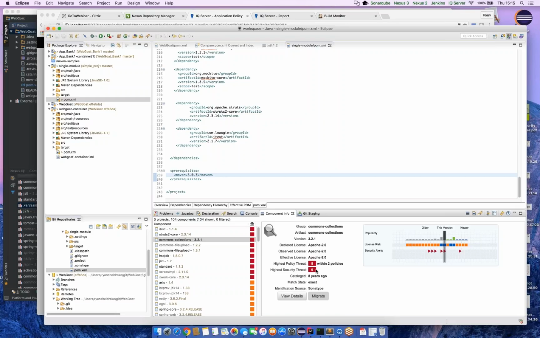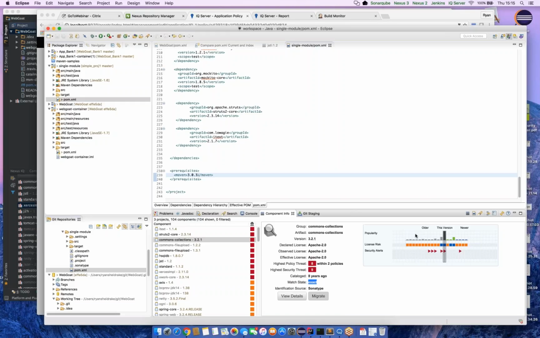This is again a 0 to 10, the CVSS scale. This is a 9 out of 10. And we can see that we've got 2 policy breaches for the 3.2.1 version of Commons Collections that's within my application. We can see that this is an exact match. So this means that the hash of this is exactly the same as a canonical version known, in this case,